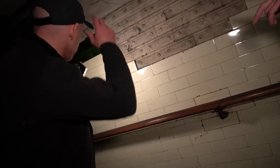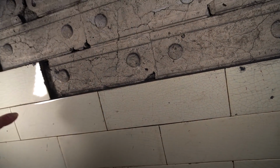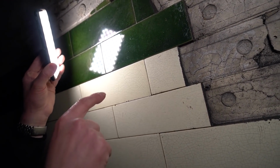And the other thing I was going to say before we move on, because I know we've done a whole episode on tiles, but it never ceases to amaze me how thick these tiles are. If you look at the actual thickness of them, they're huge. And they're really good quality. Although they've crazed, they've got this vitreous surface that makes them really easy to clean. And if we can pick up the right angle, particularly on these green ones, from a distance they look kind of like a black, grey, sludgy colour. But when you get in close...